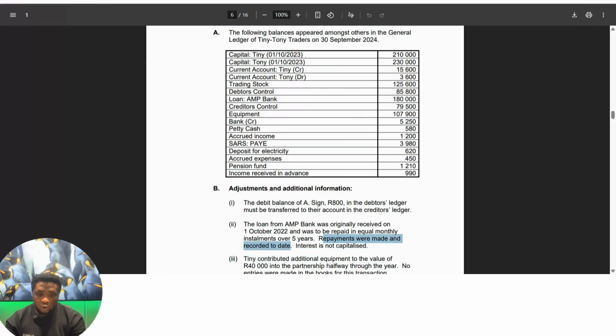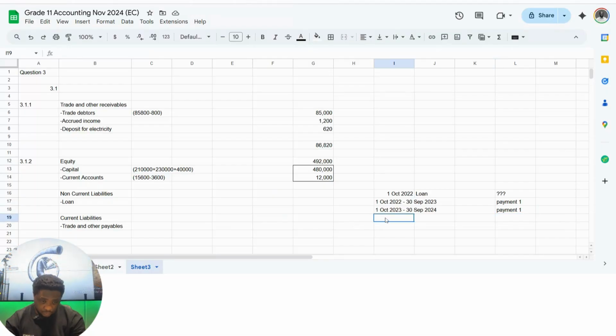So if they are recorded to date, we know that the balance on 30th of September 2024 is 180,000. So I said payment 1 and both, but the second one is payment 2. So if you have made these payments over 5 years, so year 1 you make your payments, year 2 you make your payments, that means that you have 3 years of payments remaining at 30th of September 2024, and you got a balance of